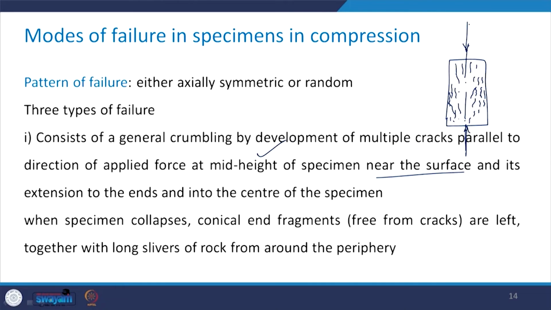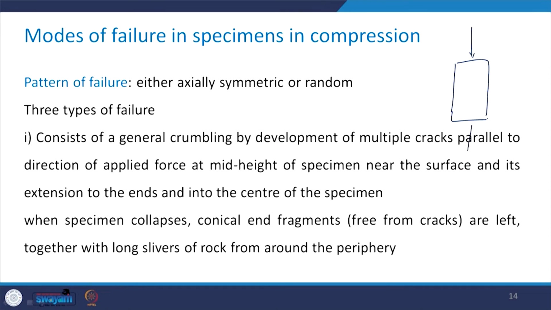When this specimen collapses, so you see once again, when the specimen is about to collapse. As I already explained to you, because of the biaxial compressive state of stress, you will get this kind of two conical portions. So, at the end of the test, what you are left with is this conical portion, and then here you will have long slivers of the rocks, that is because all the cracks have been aligned